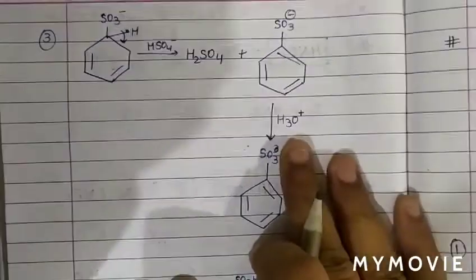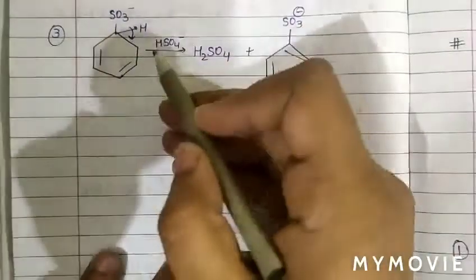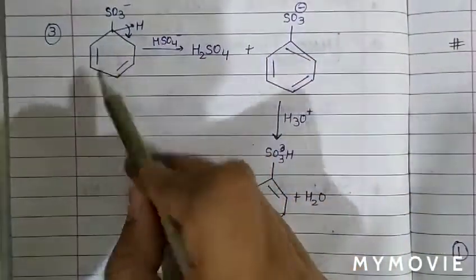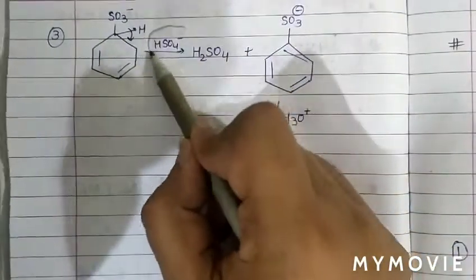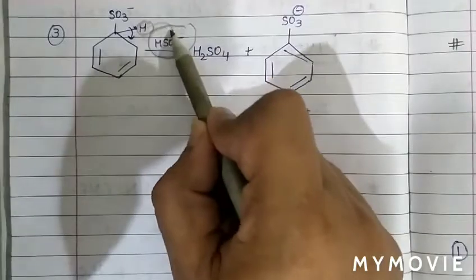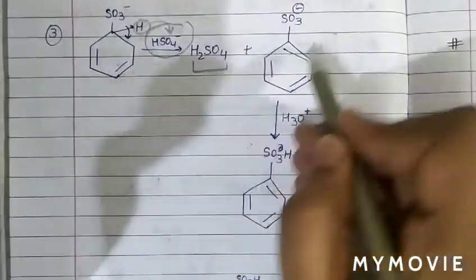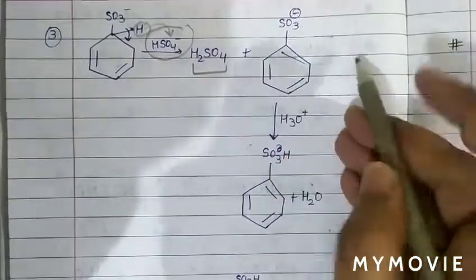Now see, in the final step, there is removal of the old electrophile. This hydrogen breaks and forms a pi bond. So H2SO4 is regenerated, because this hydrogen combines with HSO4 minus. Now we have regenerated the catalyst, and we have this complex benzene having an SO3 negative ion.